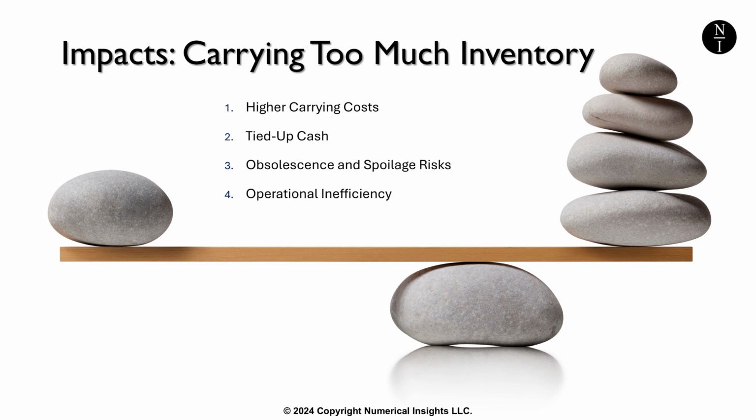First, you'll have higher carrying costs. Storage costs, insurance, depreciation, and obsolescence add up quickly. The longer inventory sits idle, the more expensive it becomes to maintain, especially if you're paying a third-party warehouse for storage services. Excess inventory ties up cash that could be used for other business priorities such as product development, marketing,